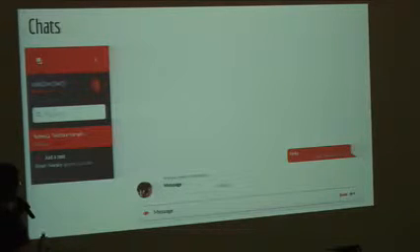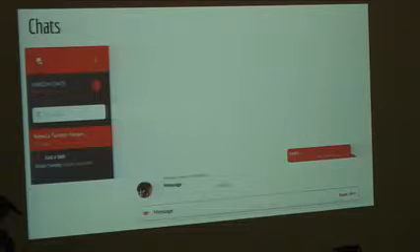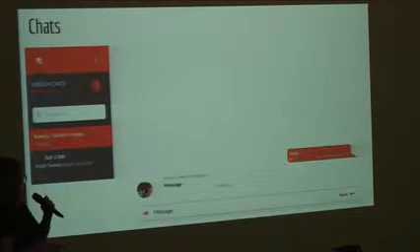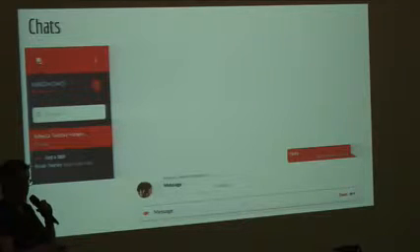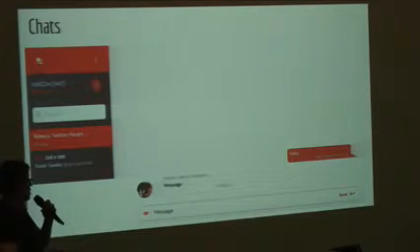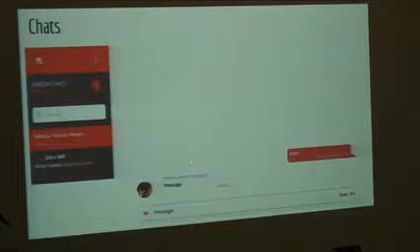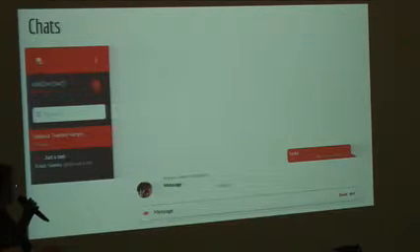So this is what it looks like. This is what a chat looks like. I clicked on this, and this is my chat. And this is the middle of the screen. This is the box to type your message in. This is the send button. You'll see here on the right, this is me. In chats, you are always on the right and you are always in orange. Anything that you contributed to the chat is on the right in orange. Whoever you're chatting with, which is also me, is on the left in white.